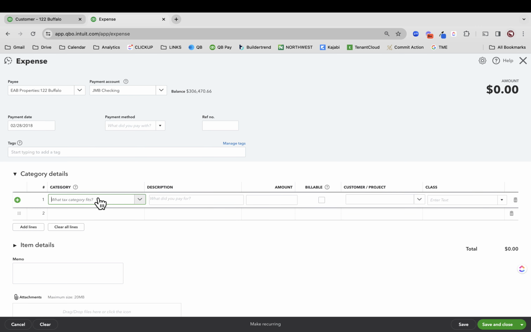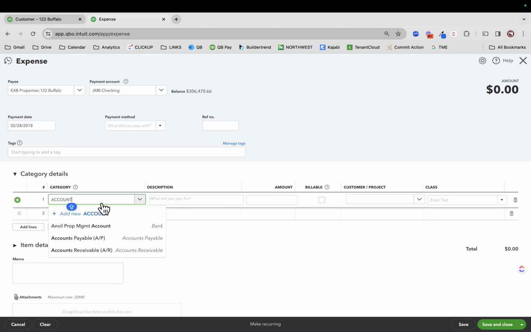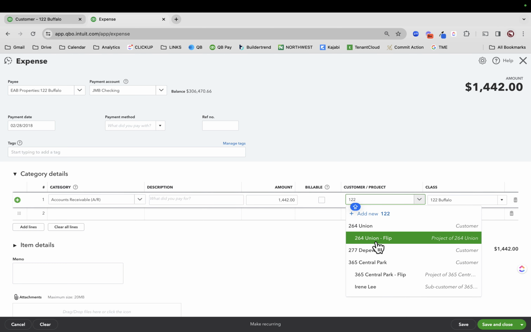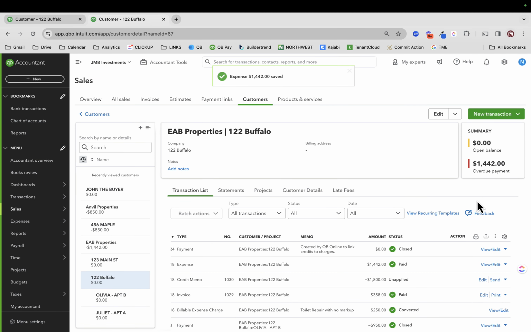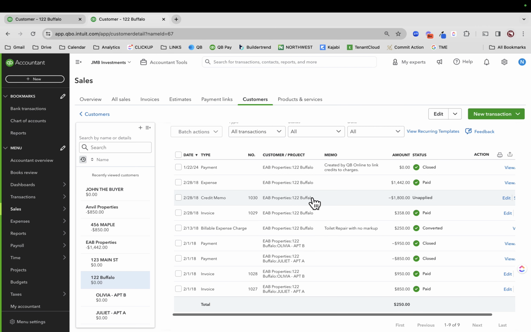Last of the month here. And this is going to be accounts receivable. 1442. Put in the class. I could put in my customer as well. Save and close this. Okay, now all I need to do here, this is an unapplied credit memo, or we